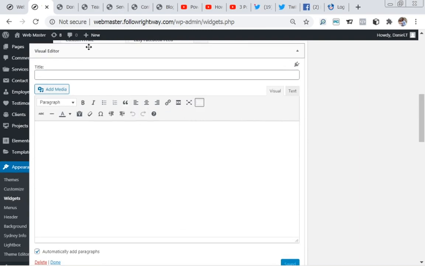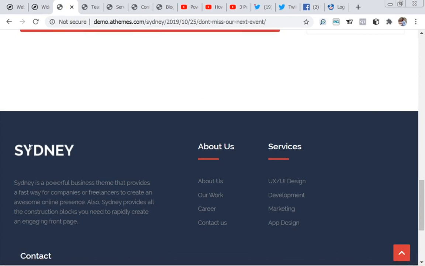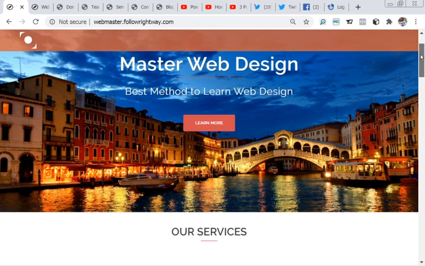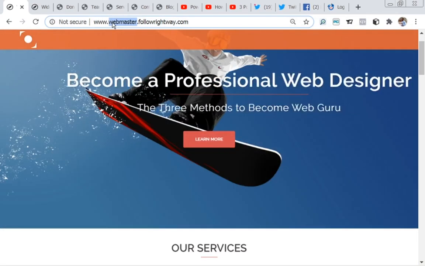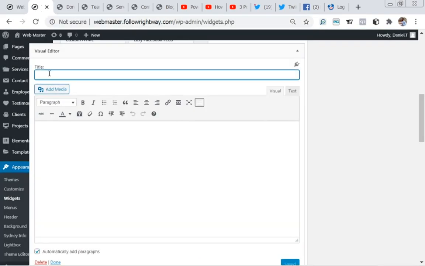So what we are going to do now is let's go back to the website we are following and copy what we need. This is a logo. If you like, you can insert a logo. You can put your logo here, and if you don't want to put your logo, you can just write your website title. Now as you can see here in our website, our website title is webmaster. As you can see in our URL here, webmaster, right? So I'm going to use webmaster as our title,